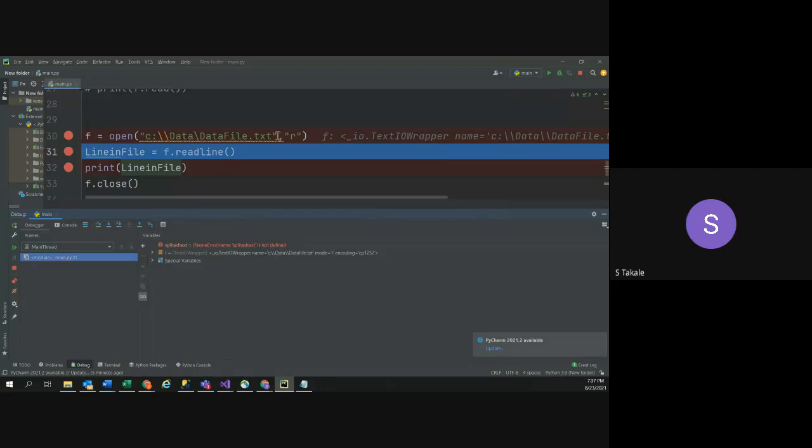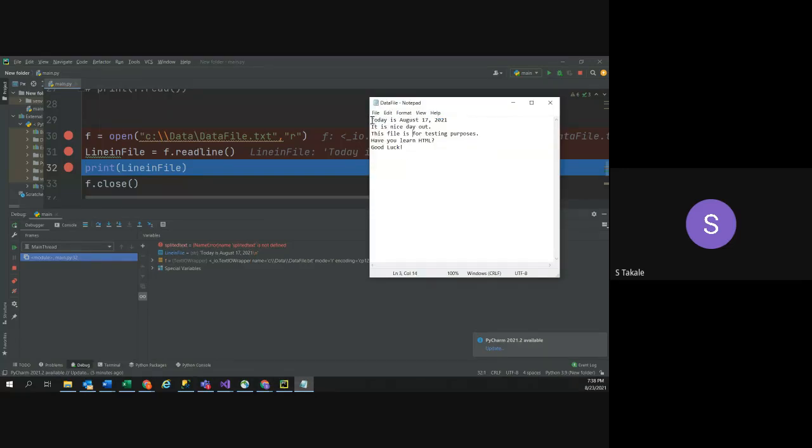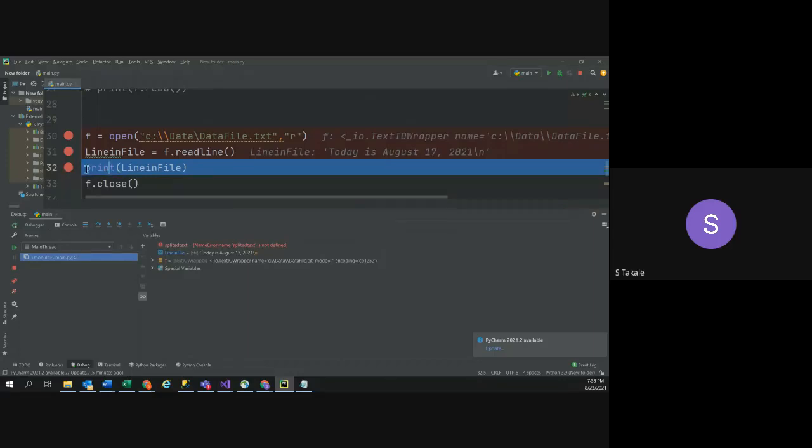So we open the file here. Then F is the object which has the file pointer. Now we can use this object to read the file. When we say read line, it is going to read only one line, right? You can see the line, today is August 17, because if you read this file, the first line is that. That's what it did. And with the print line, we are printing that file